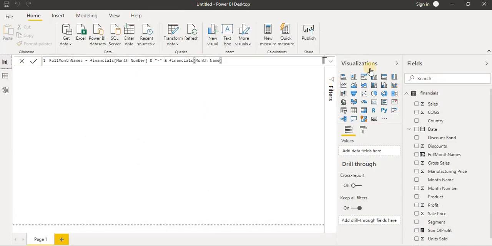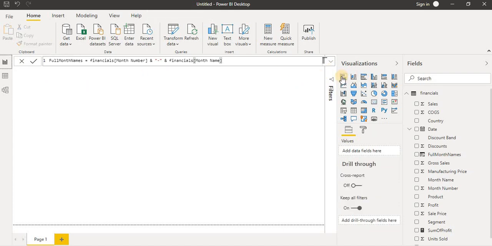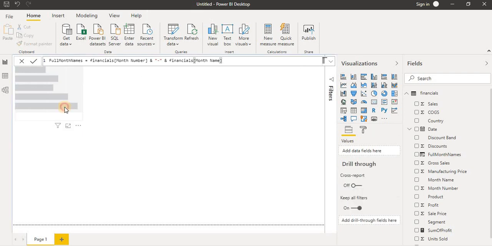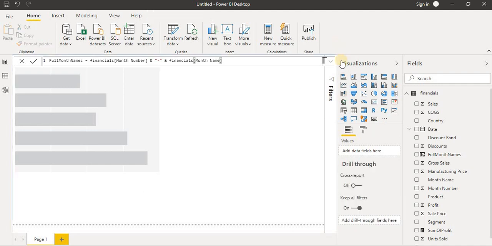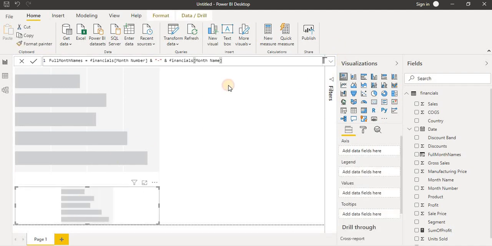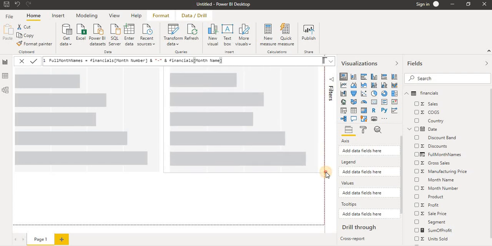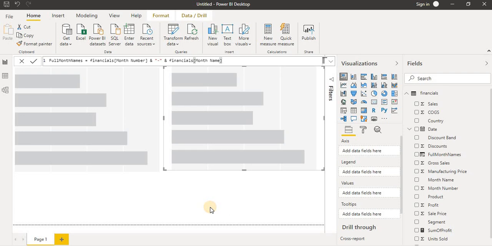Now I will take a visualization, any visualization you can take. Okay, let's take this bar chart, and let's expand it, and I'm going to take another bar chart here. Let's see what I'm going to do.